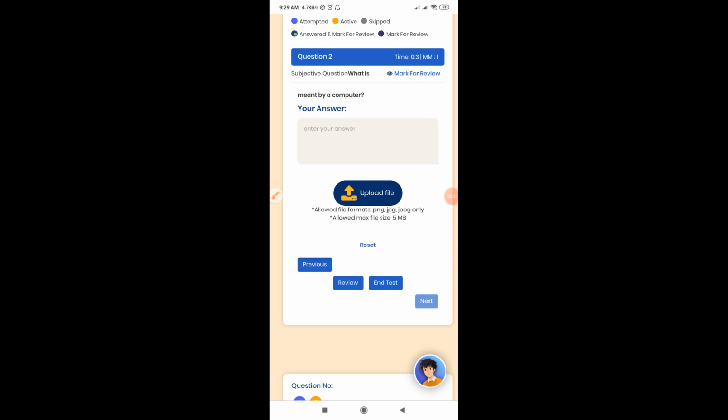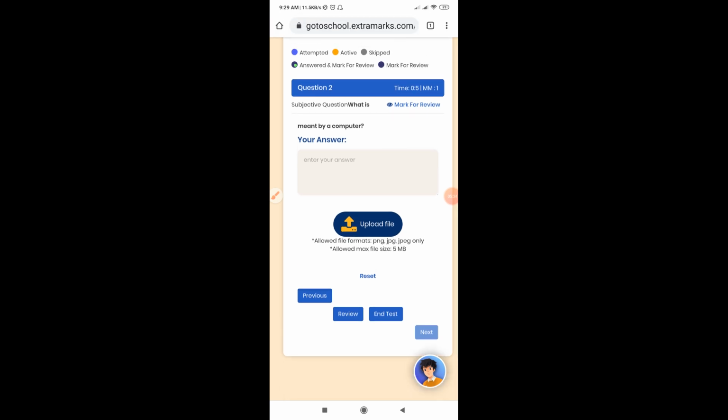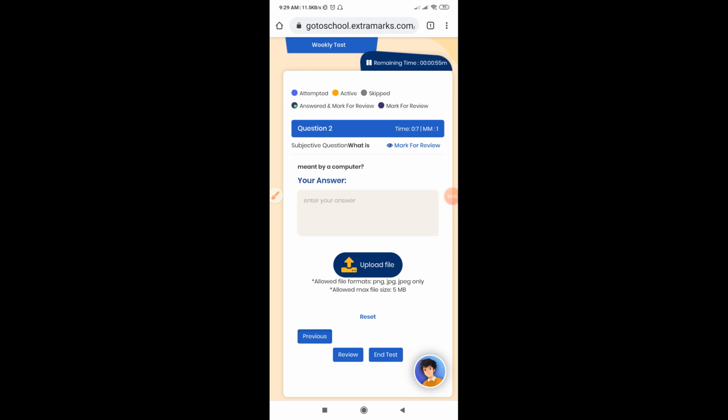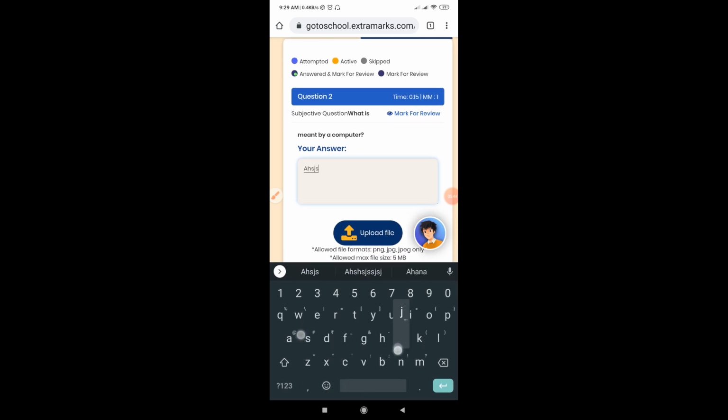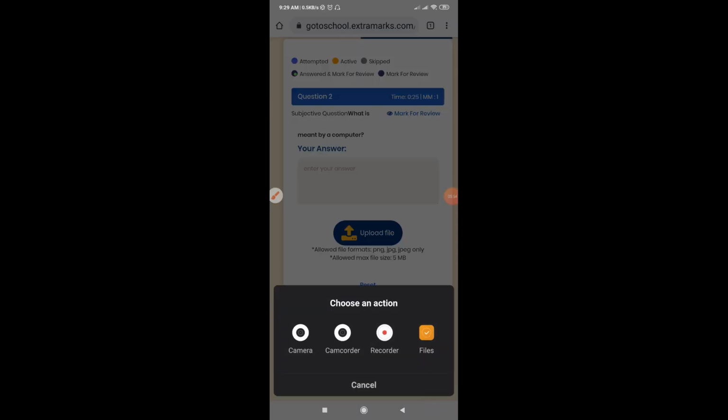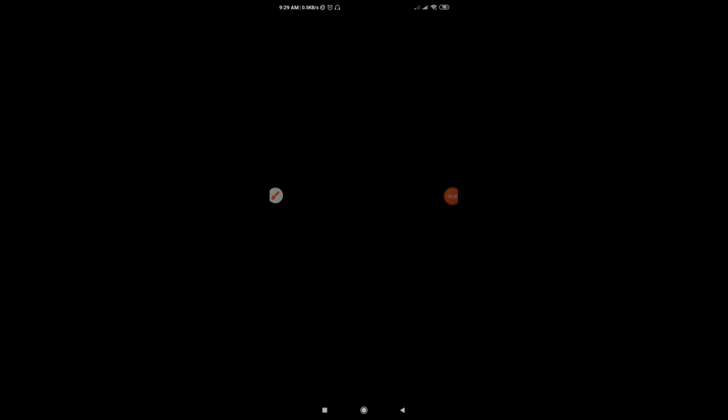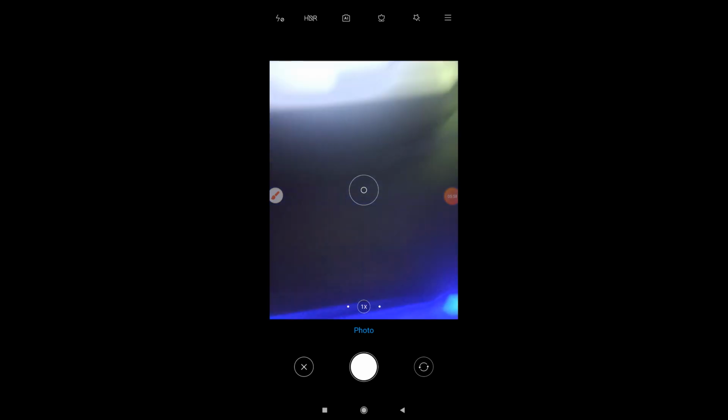Now this is a subjective question. What is meant by a computer? Now either you can answer by clicking in this text box and typing the answer, or you can click in this upload file option and click on camera. This will open up your mobile camera.